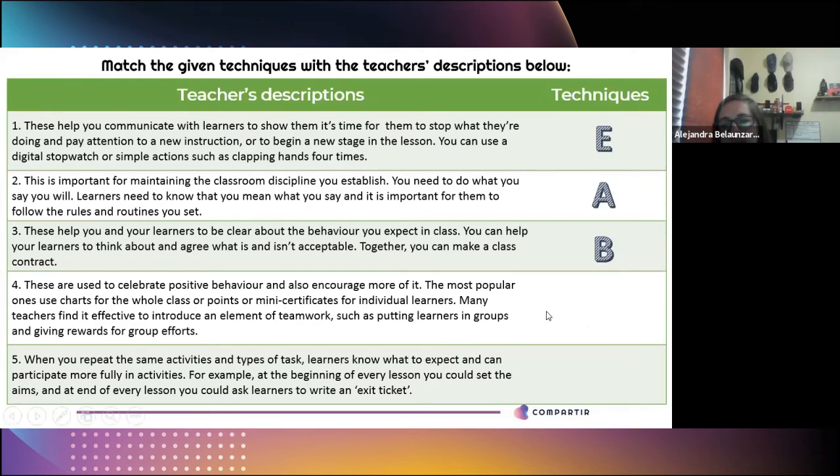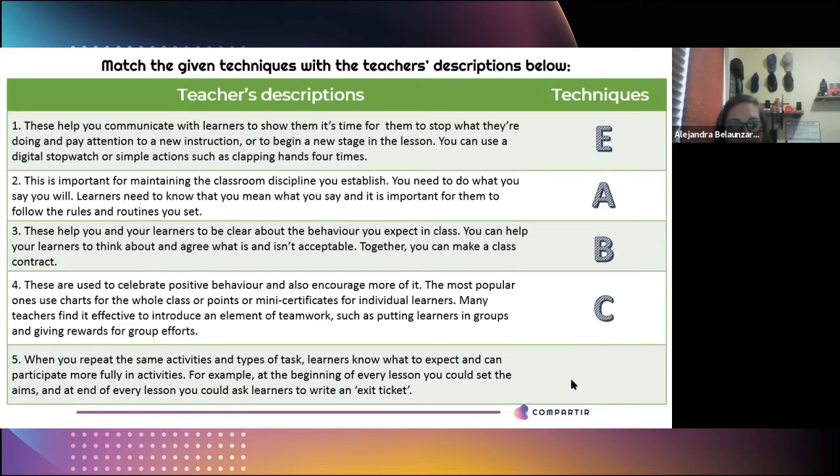Okay, this can be a good technique, but it's very important that I don't use it too much, okay? Because if not, they are going to be expecting that I give them something for everything that they do, okay? So at some points it can be useful, but I need to be careful to not use it too much. And finally, I have